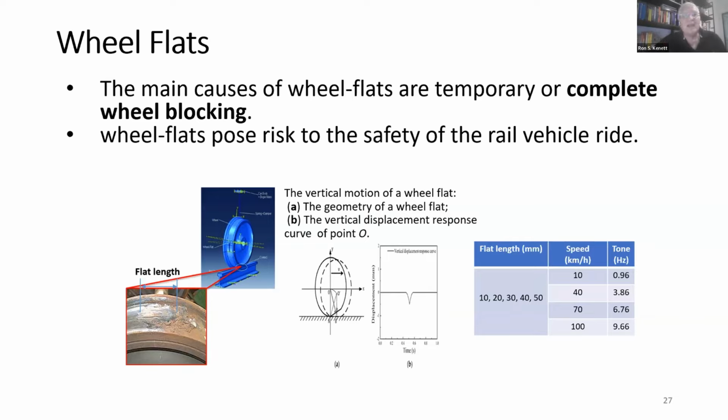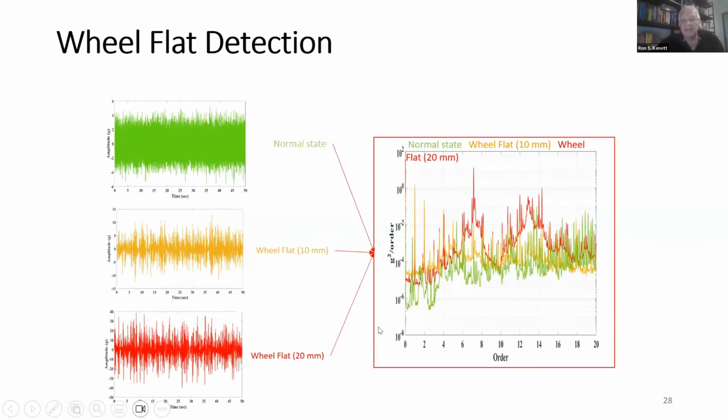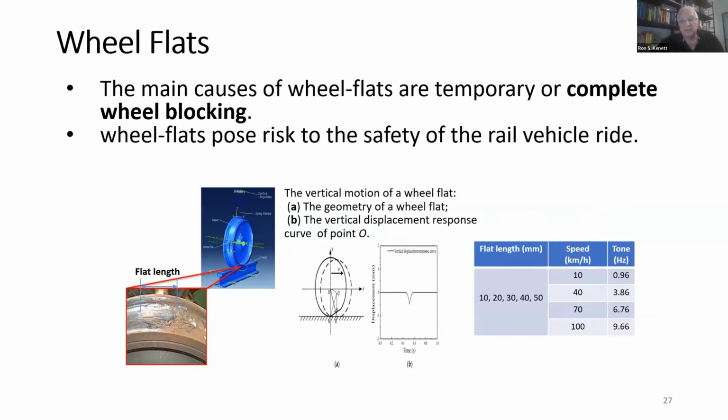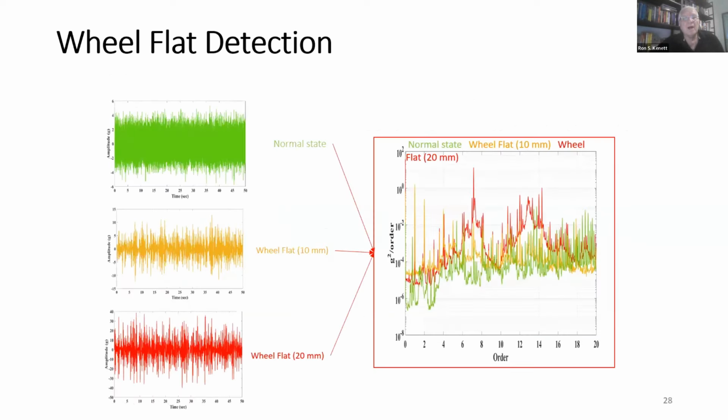So the flat is this, what you see here on the wheel, and this is a high risk to safety. The bigger the flat, the bigger the risk. So we have flats of size 10 millimeters, 20, 30, 40, 50. We've observed this type of flats. Okay. Now we have